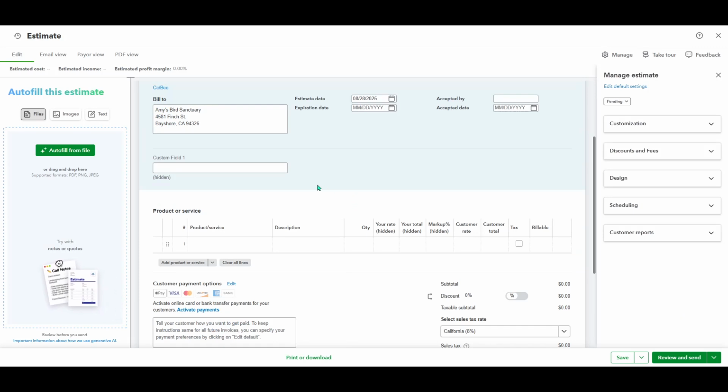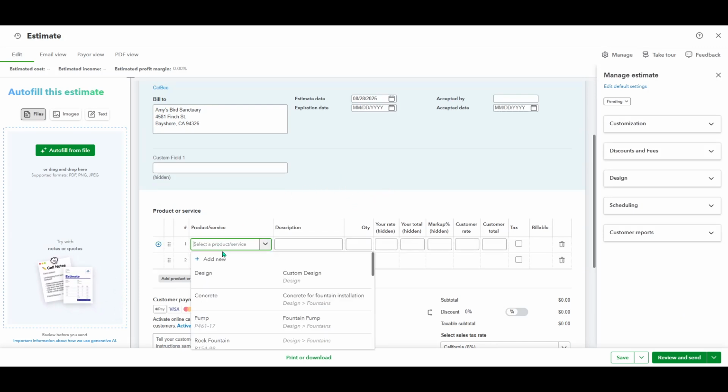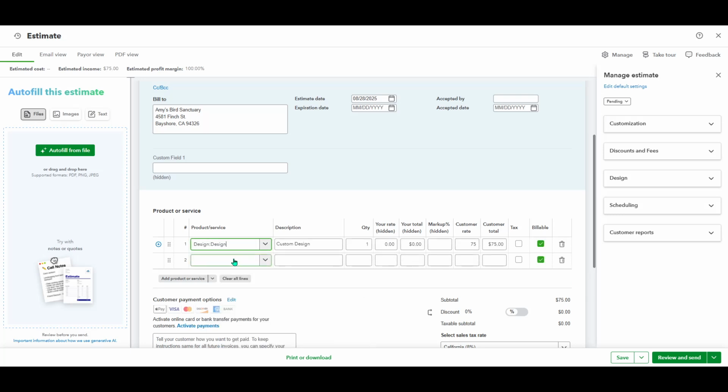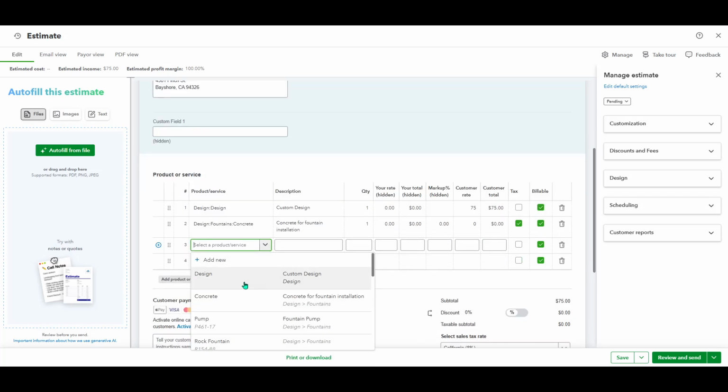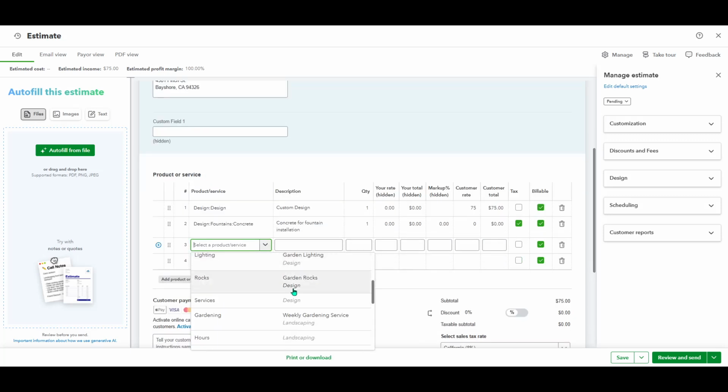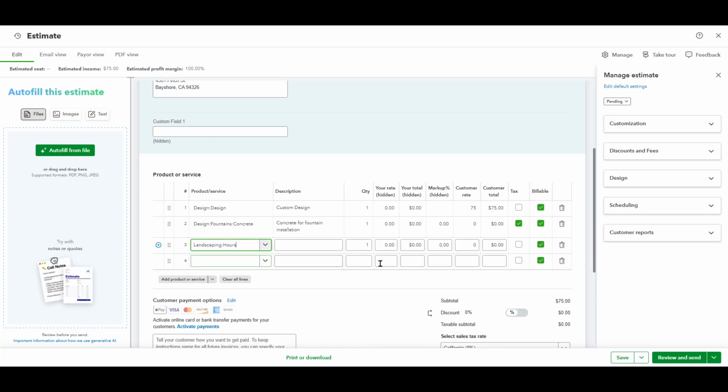With Project Estimate selected, you'll be prompted to start adding the products and services that are part of your project estimate. Here, you should include every product and service that your project will require. Break down costs as granularly as needed. This might include material costs, labor, and any other relevant fees. Being comprehensive in this step ensures that your estimate reflects the true cost of your project, reducing the chances of